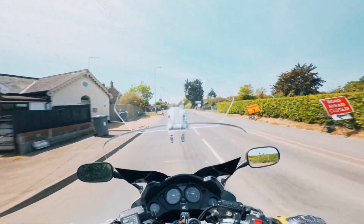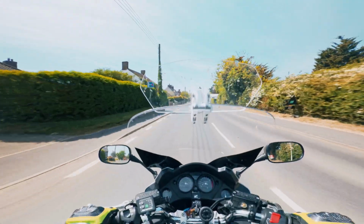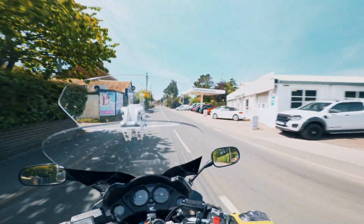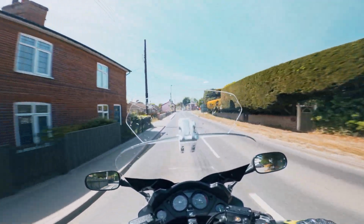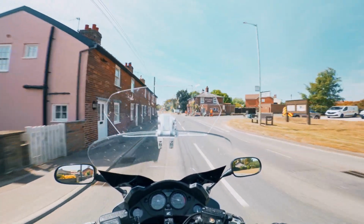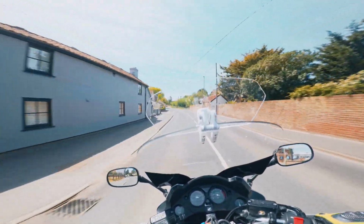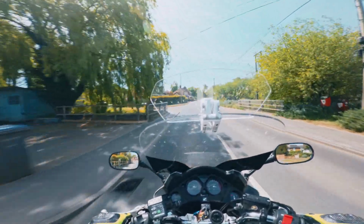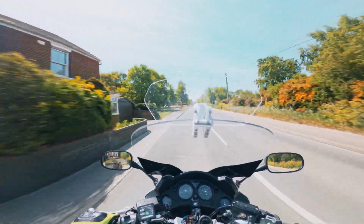I have this lovely windscreen in front, which is doing a brilliant job of keeping me protected from the wind. But I am fairly sure that it's right in the way of the camera, so I'm not 100% sure on how this looks so far. I'll have to have a look and see what it looks like once I've filmed everything and edit it up. That's a lot of T's. So yeah, until then, I don't know. It might be that I adjust it slightly